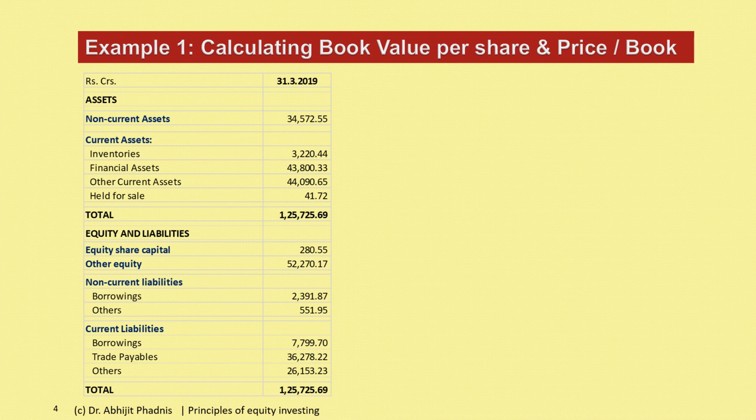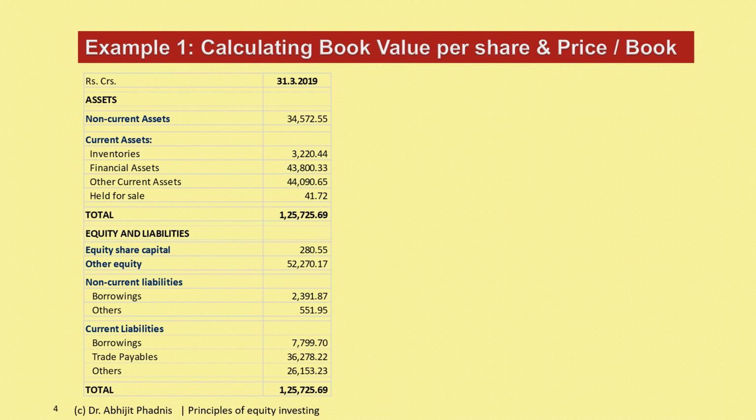You can see that assets are listed followed by equity and liabilities. So assets, we see non-current assets and then broken down into current assets. The non-current assets in this company are significantly their plant, equipment, property, and also some of the strategic investments that they have made in subsidiaries. Plus there are a number of current assets that they have, and those have been financed out of equity and